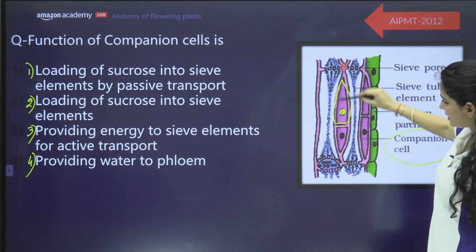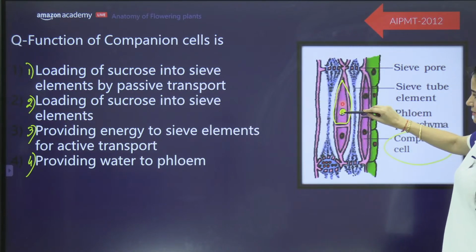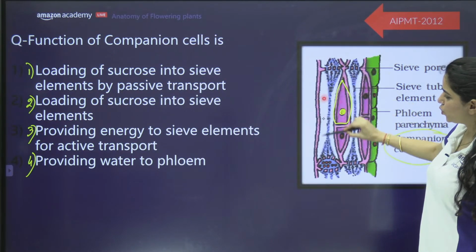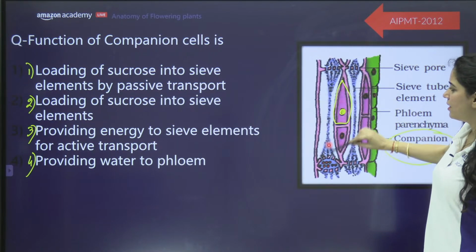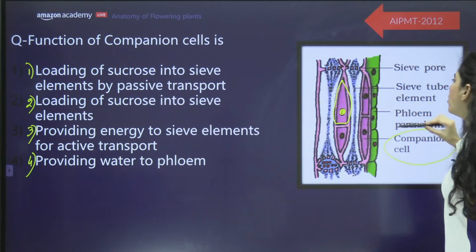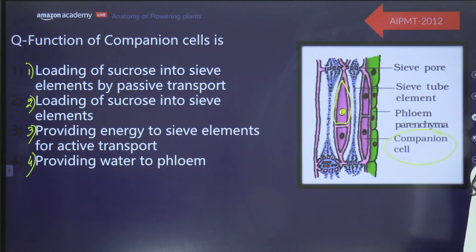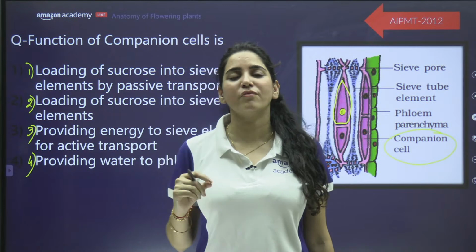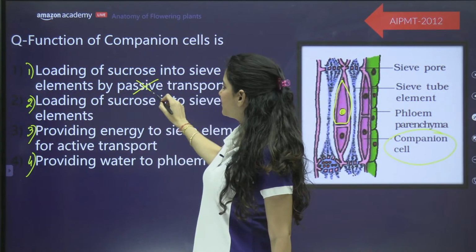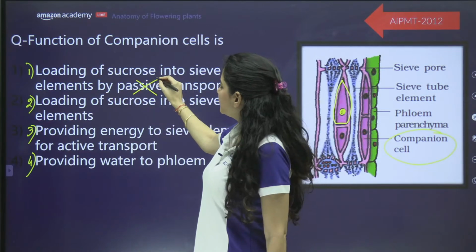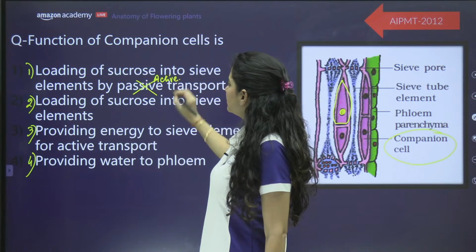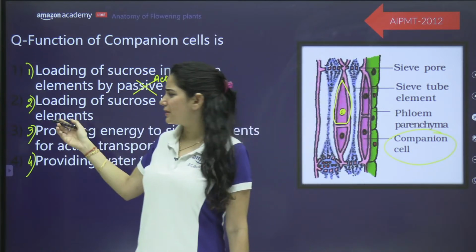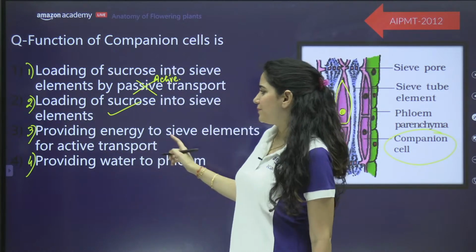ये CPU है और साथ वाली सेल कौन सी? कंपेनियन सेल, ये कंपेनियन सेल। अब यार कंपेनियन सेल क्या करती है कि इसके थ्रू होते हुए सुक्रोज एंटर्स हियर, सुक्रोज शुड एंटर हियर, but remember the loading process is always an active process, यानी कि एनर्जी खर्चनी पड़ती है। खाने की लोडिंग और खाने की अनलोडिंग is always an active process। तो यहाँ पे जो ये पैसिव ट्रांसपोर्ट लिखा है ना, इस वजह से गलत हो गया, rather it should have been active transport। Now loading of sucrose into C elements, that's right, ये तो ठीक है। बाकी भी देख लेते हैं।